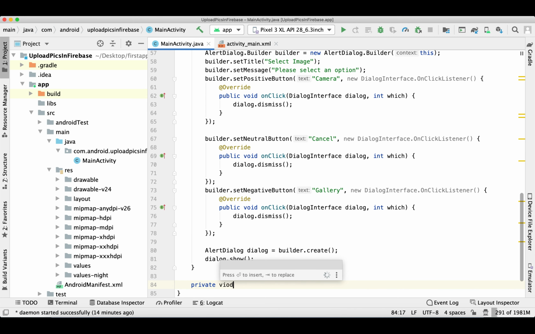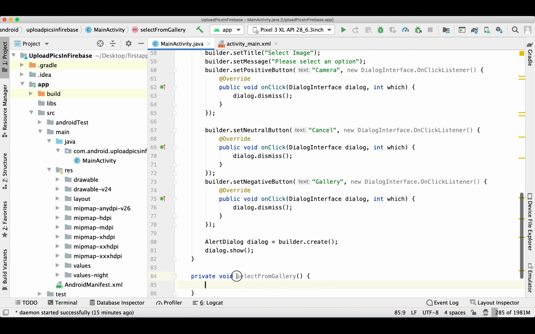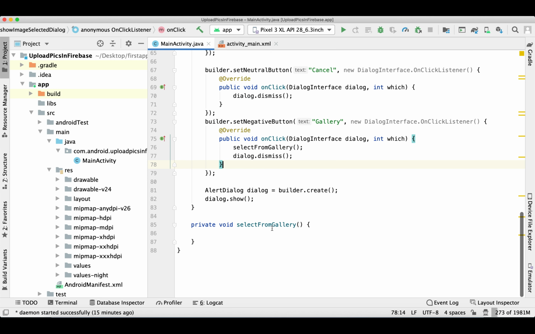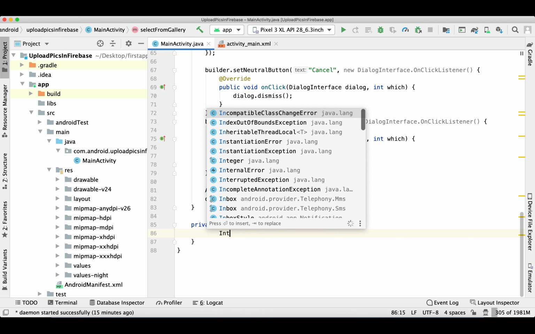Let's create another function to select from the gallery, which we are going to call on the gallery button click. Now I'm creating an intent to launch the gallery.